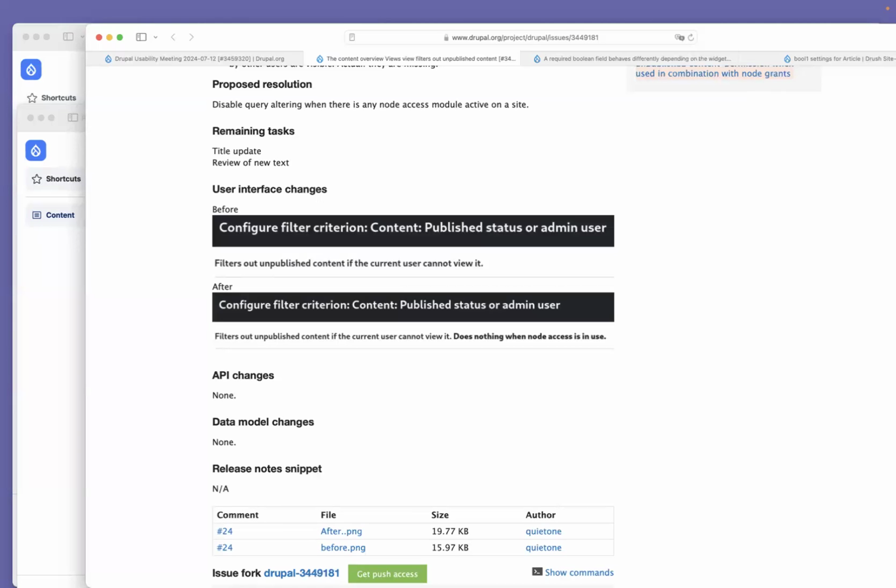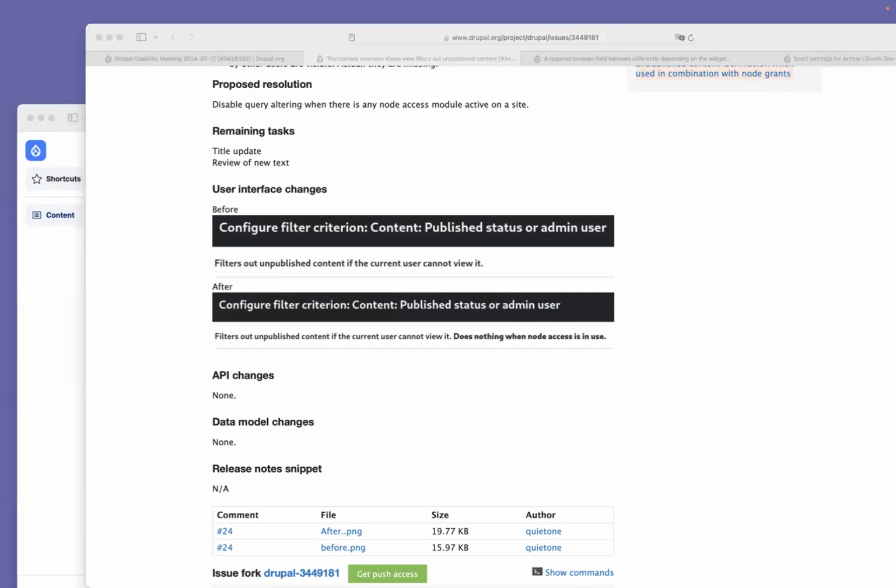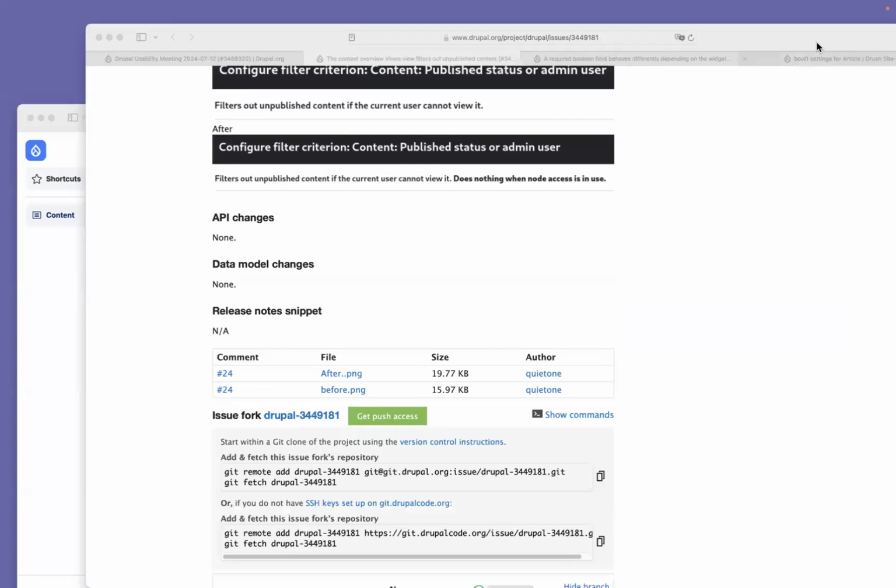So first of all, even though they're only asking for review of the text, I think we have to consider the usability of the issue as a whole. And what is the point of providing a filter that doesn't do anything? I don't know, maybe that's already been discussed on the issue, but